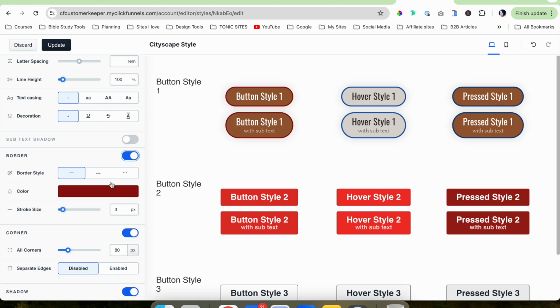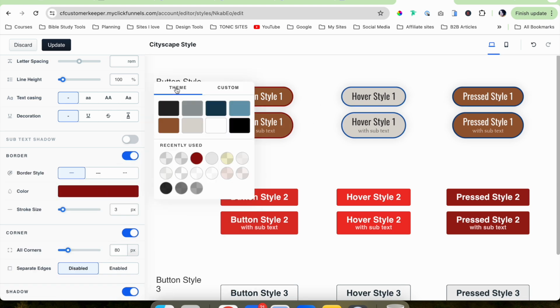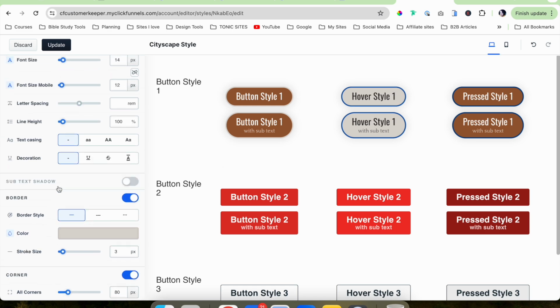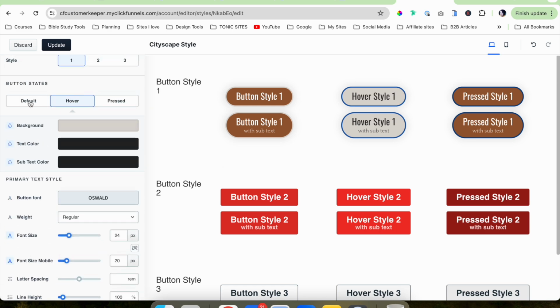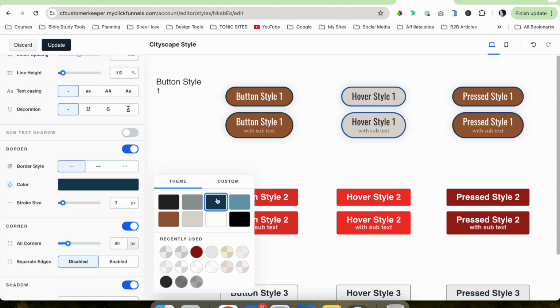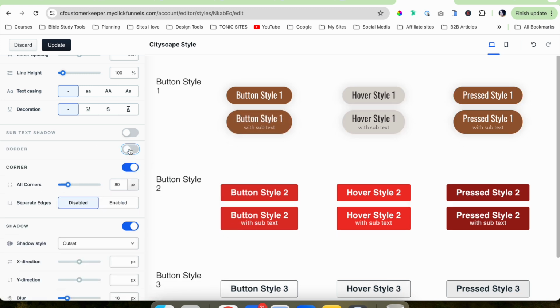If you like a border around your button, this would be the place where you would do that, and you can actually just play around and have different border styles depending on your style and how you would like that. What is a little bit frustrating is you cannot change the hover style or the press style. Let me try changing this, no, nope, cannot change the hover or the press style on borders,